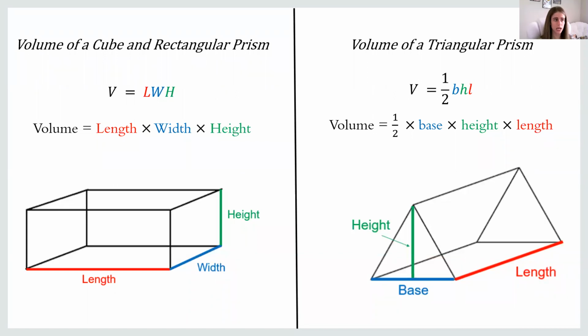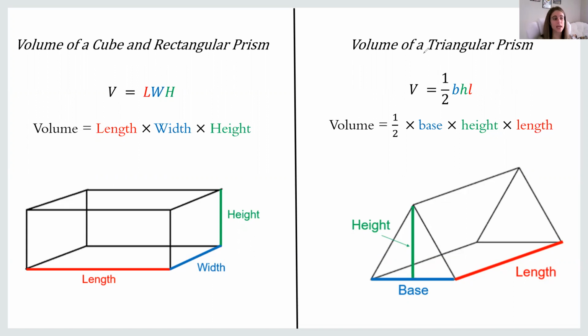On the left here, to find the volume of a cube or a rectangular prism, we use the same formula, and that is length times width times height. To find the volume of a triangular prism, our formula is volume is equal to 1/2 base times height times